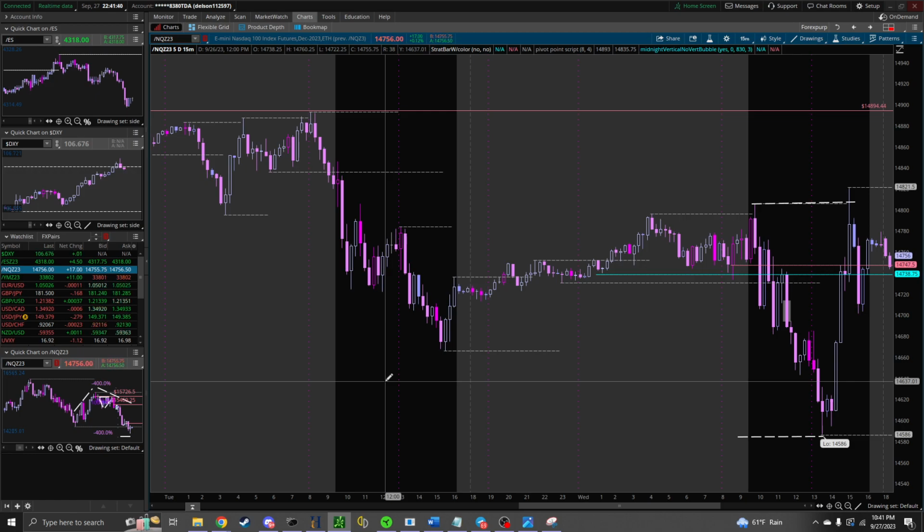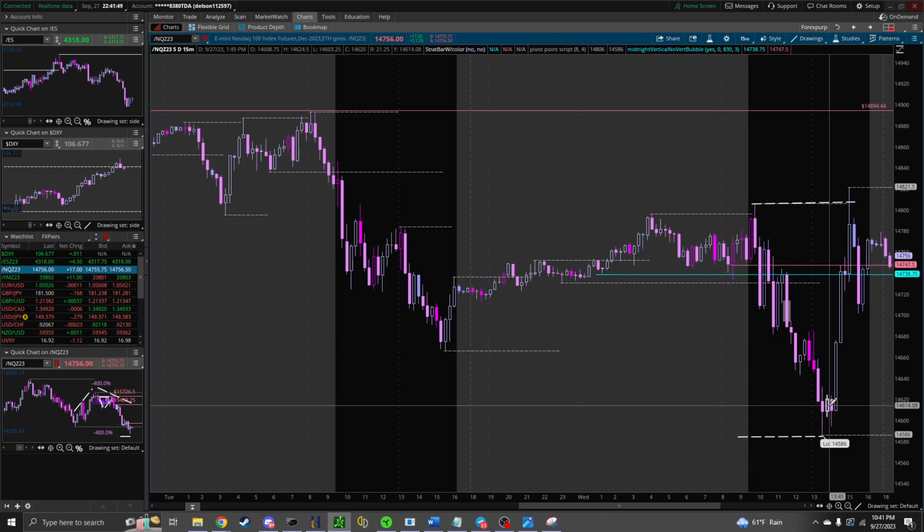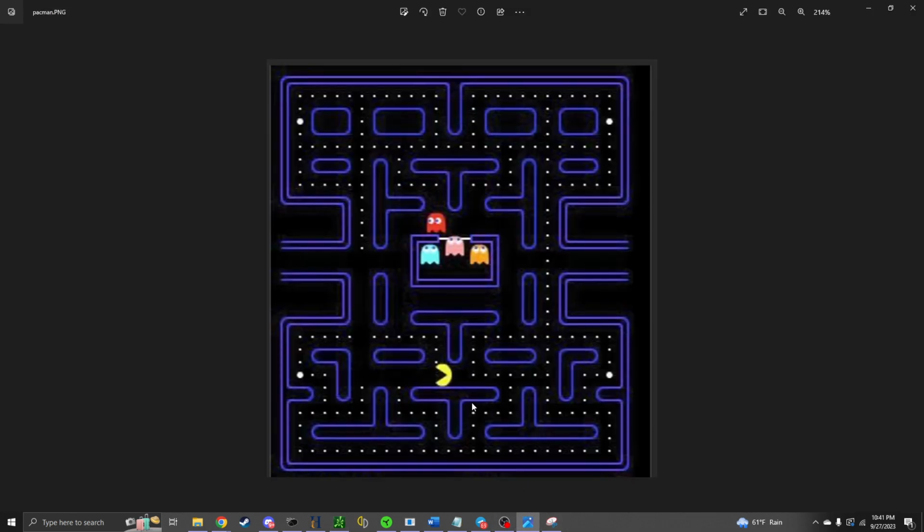Like it can only move forward, for example. There's still programming restrictions that this thing has to follow, and there's certain rules behind it. And when you can equate this game, and like I said, Price and Pac-Man, to the game itself, you can draw a lot of the similarities together. And it can become a very, very powerful lens as to figuring out where the market can be heading towards